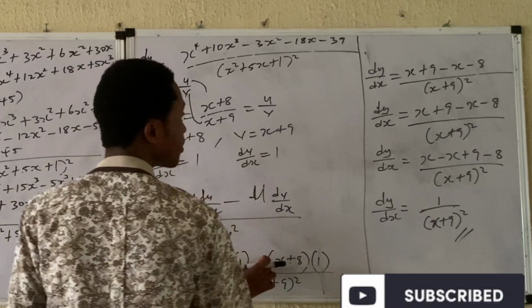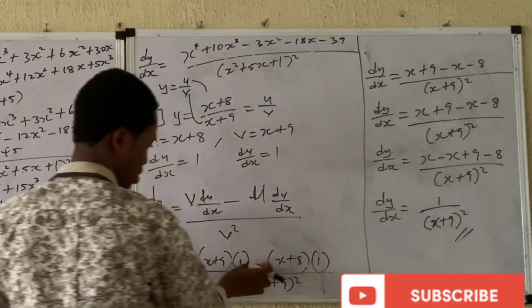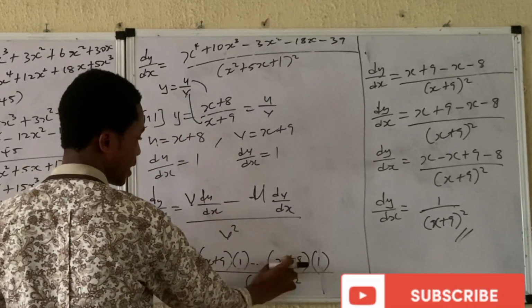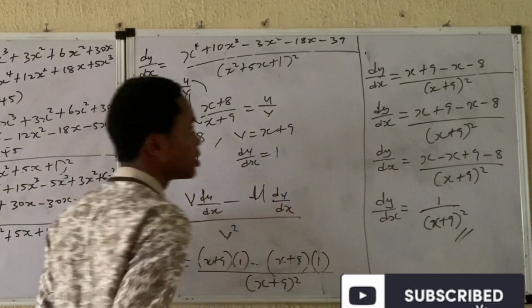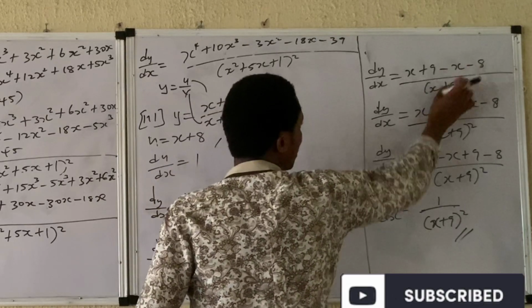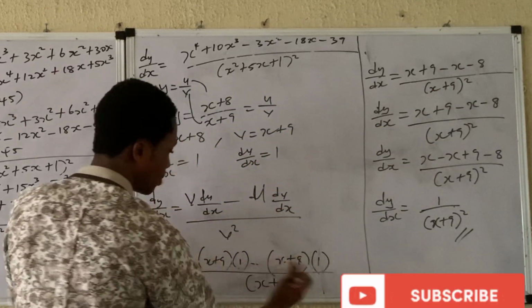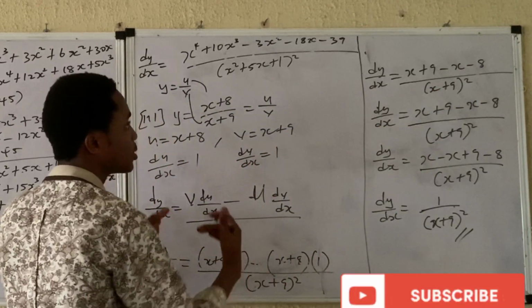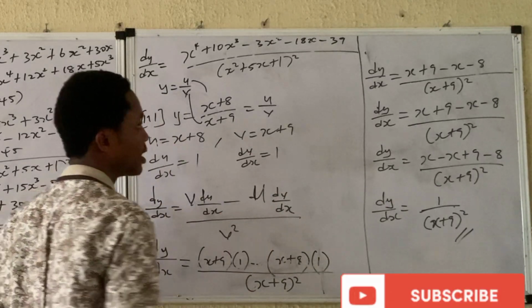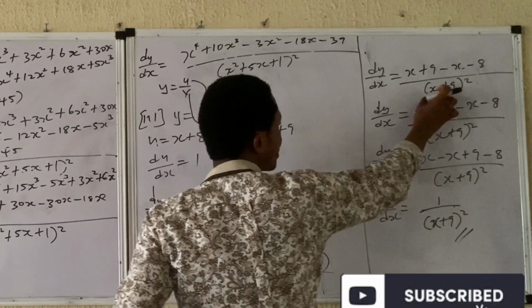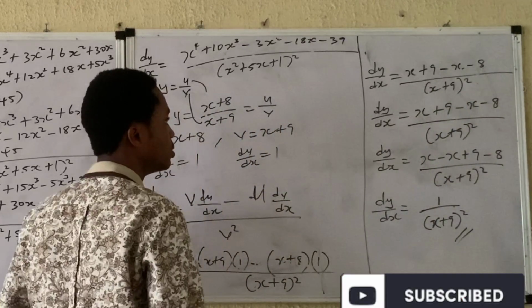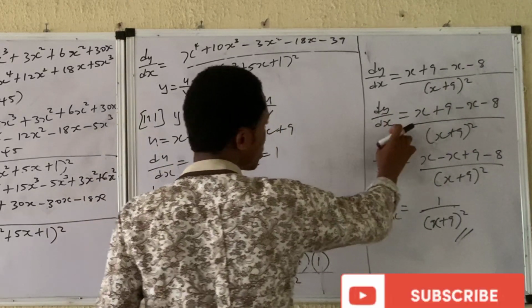Now we use the negative sign to go through the x and the 8, which will give you negative x and negative 8. This is how we got this one here, because after opening the bracket, we use the negative sign to go through the x and the 8. That's how we got negative x and negative 8 all over v squared, which is (x + 9) raised to the power of 2. dy/dx equals,